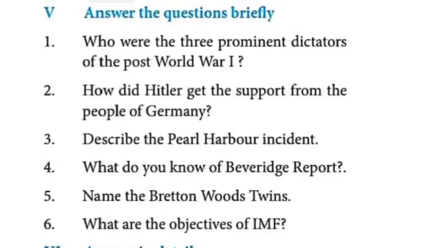We can mark. Post-war crisis in Germany para, first para, the last two lines. In Italy, Mussolini, within the bracket; Germany, Hitler; and Spain, Franco. These two lines alone. This is the answer to who are the three prominent dictators of the post-World War I. So post-war crisis para, page number 28, the first para, last two lines. That's all. Then second one, the same, page number 28.